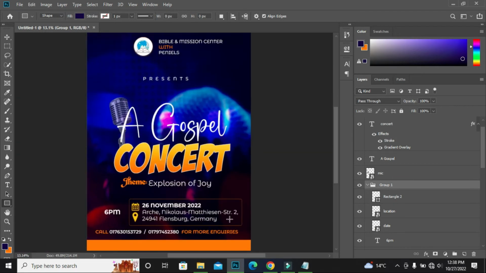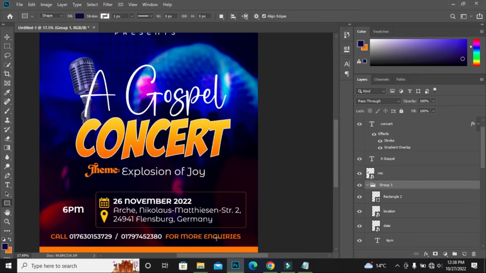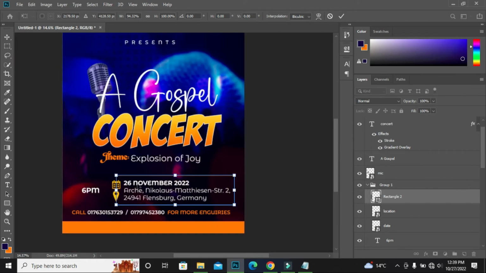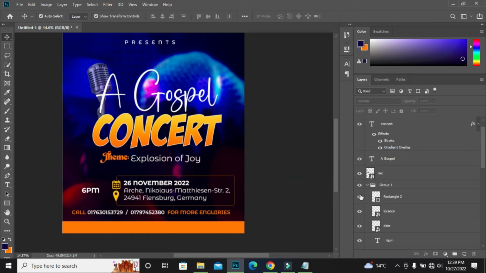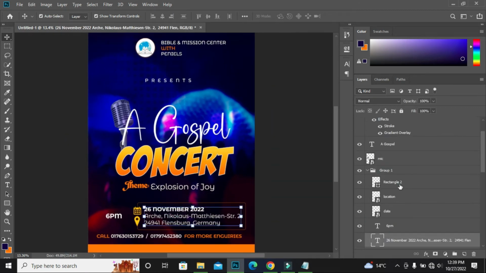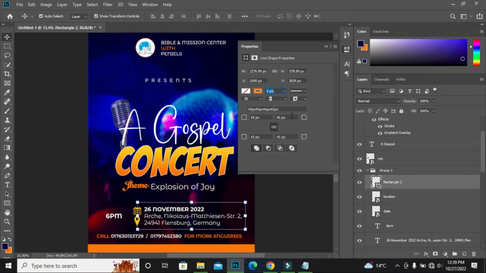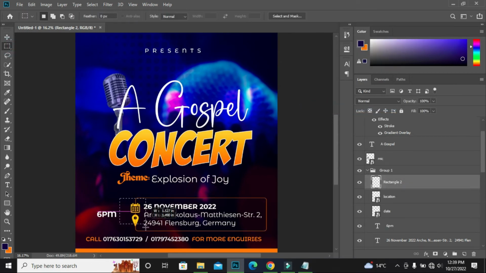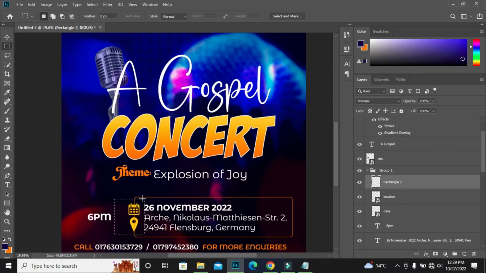Once you are done like this, you have to also transform the rectangle, something like this. I have to increase the thickness of the stroke because it's not actually showing that much here. So after I'm done, I have to rasterize the rectangle and then transform it like this. There you go. Once you're done with this,